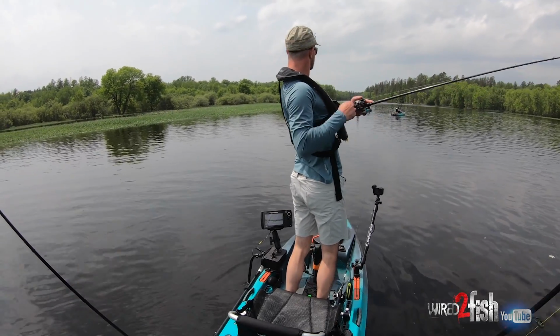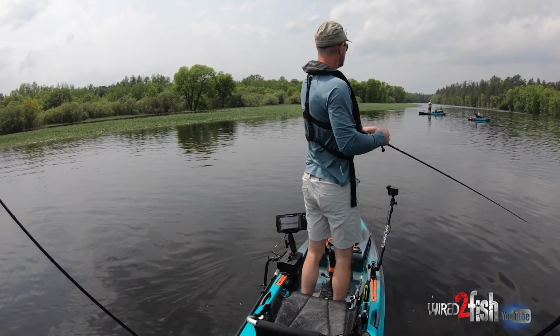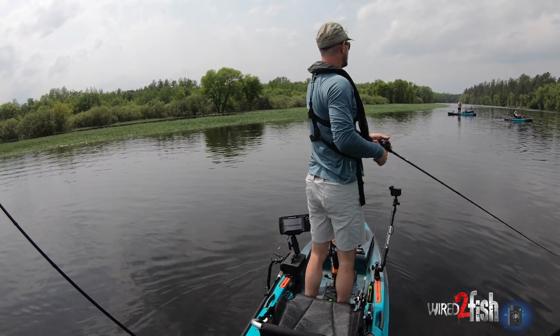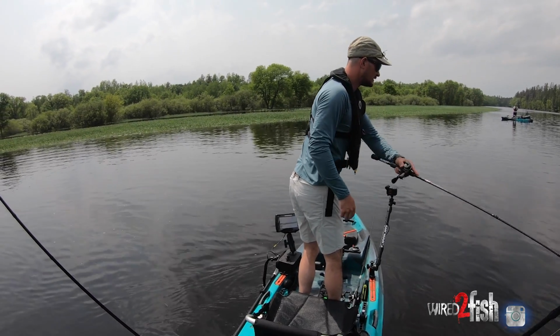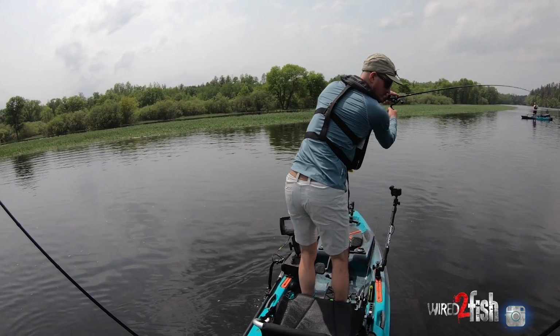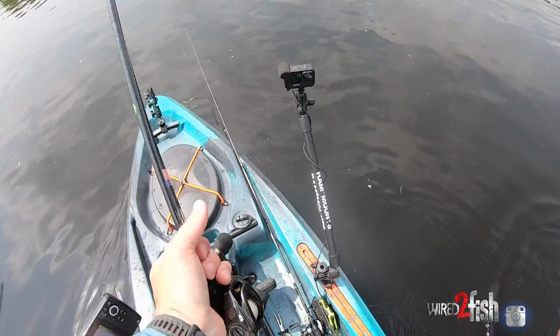Oh, coming up. See that drop? It's out here more now. See if I can get a muskie to chase him. It's tiny. Like, not even worth shooting him, but hey,